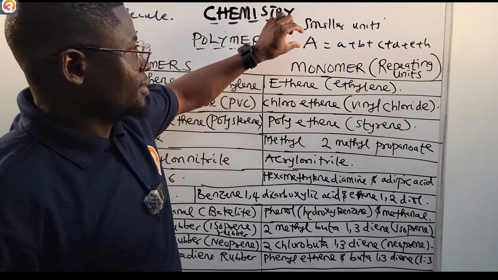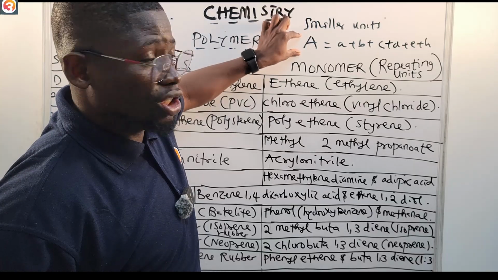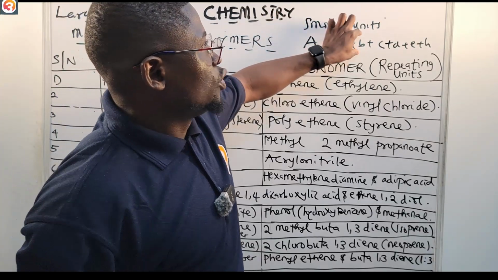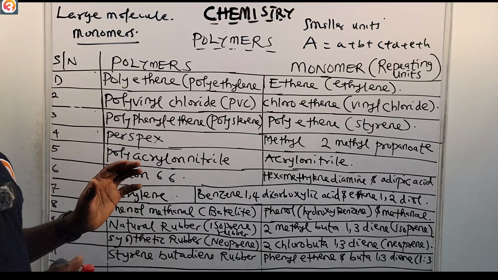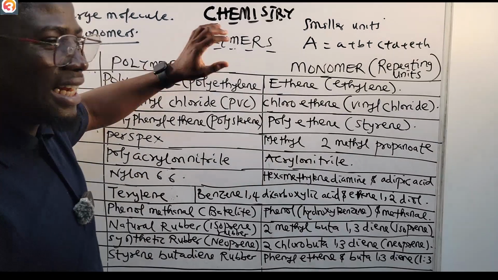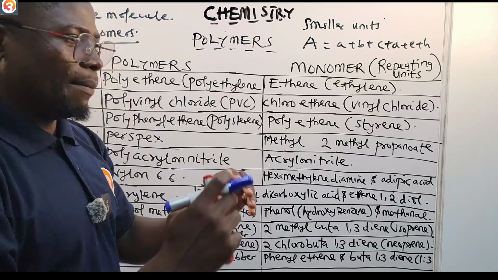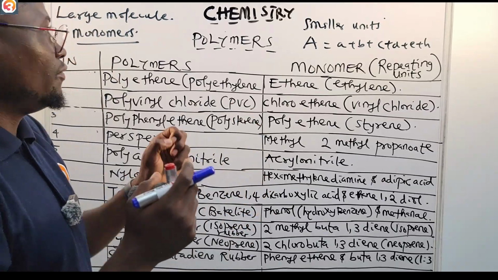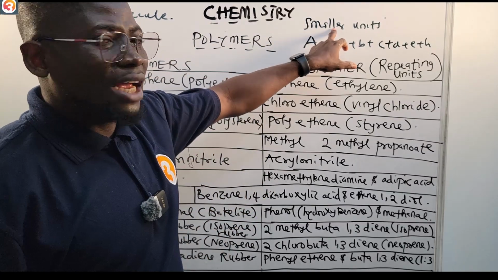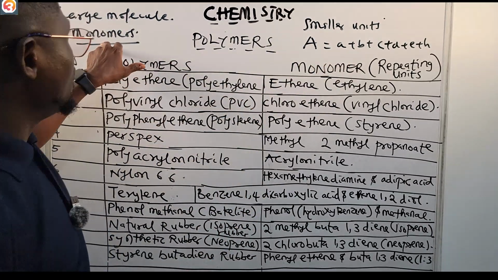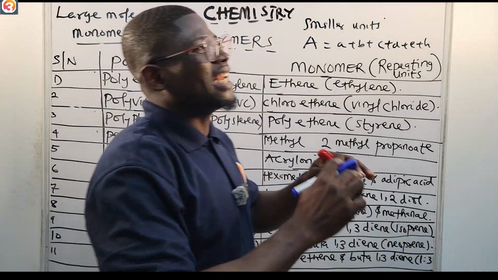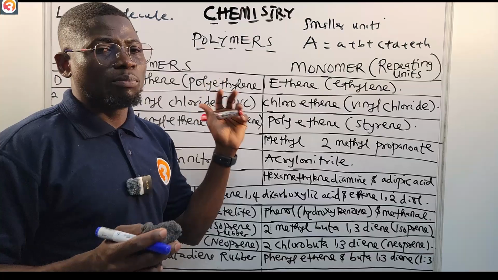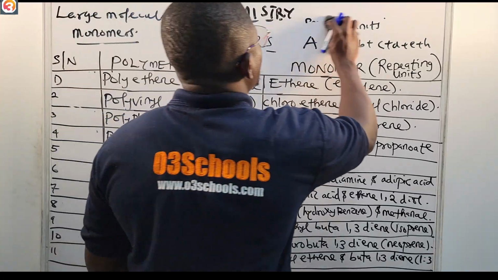So in this illustration, this will be the polymer, while these ones will be the monomers. It is good to understand that polymers are large, big molecules that are gotten from smaller units that we call monomers. Take note of that. Therefore, the process whereby these smaller units come together to form these polymers is what we now call